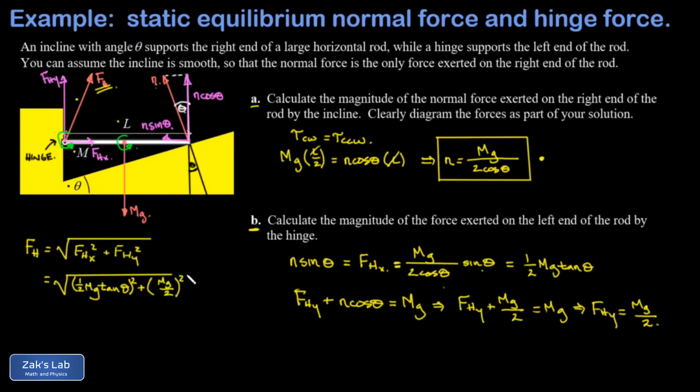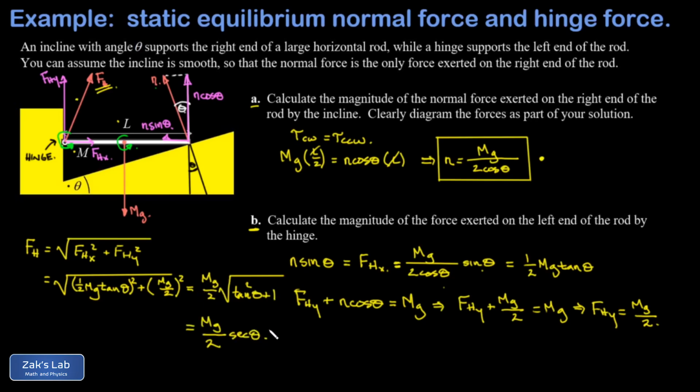I plug in my components, and I see that they have a common factor of mg over 2 in them. So this is a common trick. I can pull the mg over 2 squared out of each of those terms and then pull it out of the square root, giving me just an mg over 2. What's left over in the square root is a tangent squared theta plus 1. But tangent squared theta plus 1 is just secant squared, and when I take the square root of that, I'm